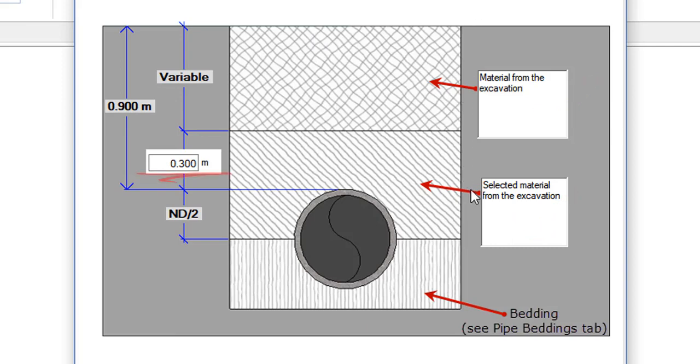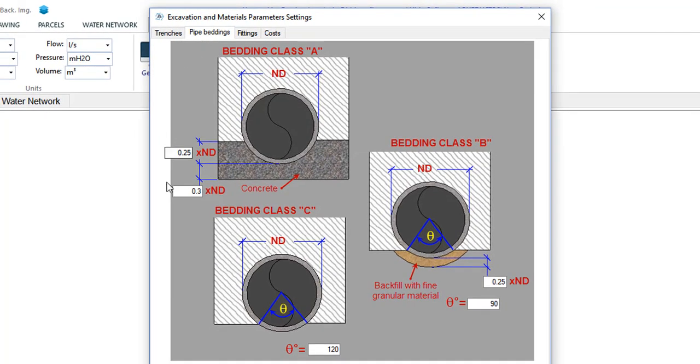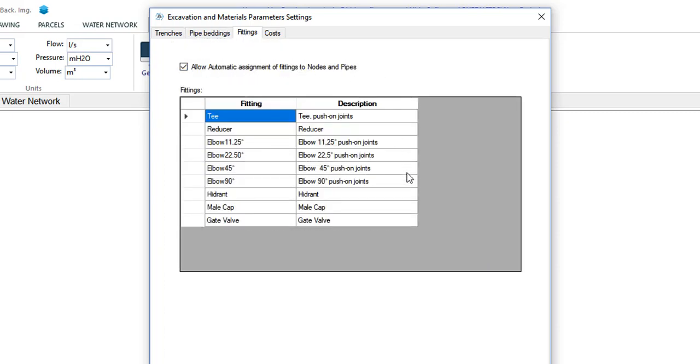In fact, here you can set the height, above the top of the pipe, until the first material will be placed. Then here is the tab on which the distances necessary to define the quantities associated with the 3 pipes bedding classes are included in the calculation. These values are in proportion to the pipe's nominal diameter. The Fittings tab has the available accessories included in the automatic generation of bills of material according to the connectivity